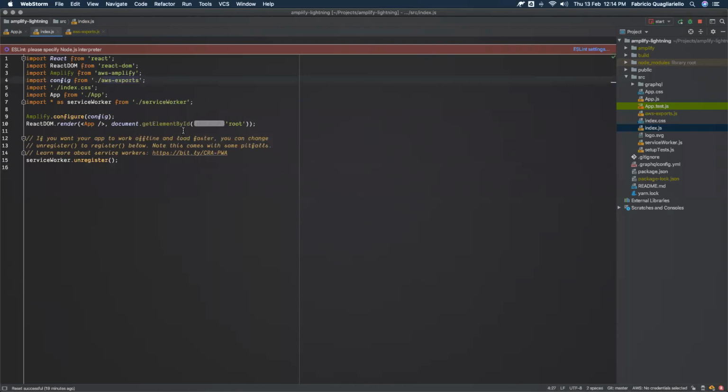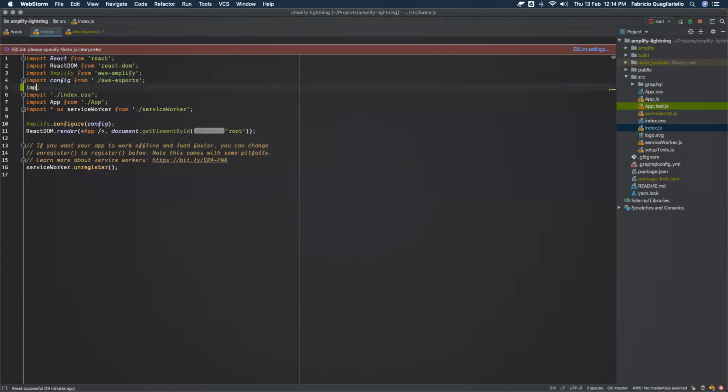And we need to add a provider that will create all the connection with that part of the backend. So that is part of the AWS Amplify set. It's called Amazon